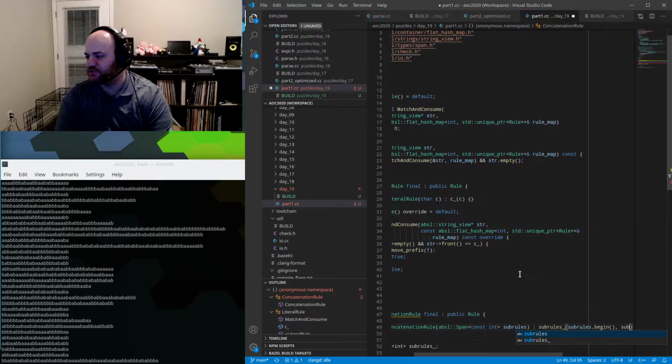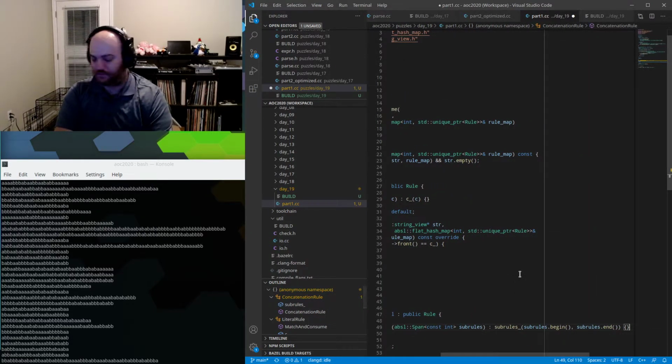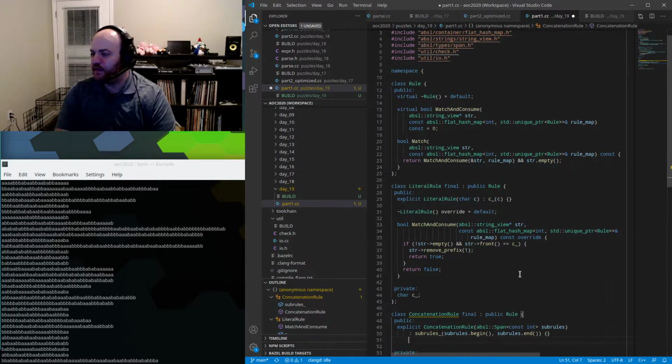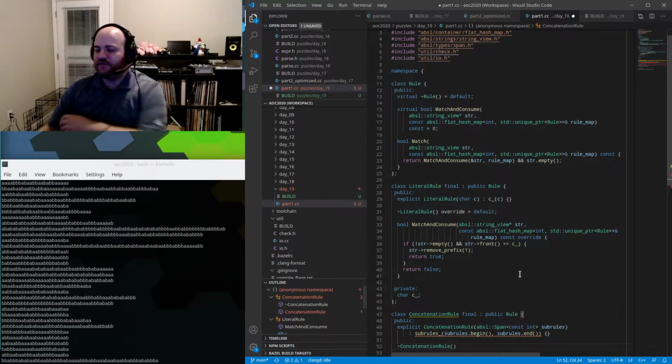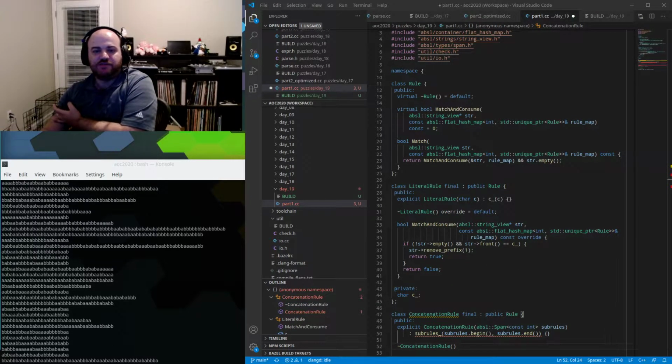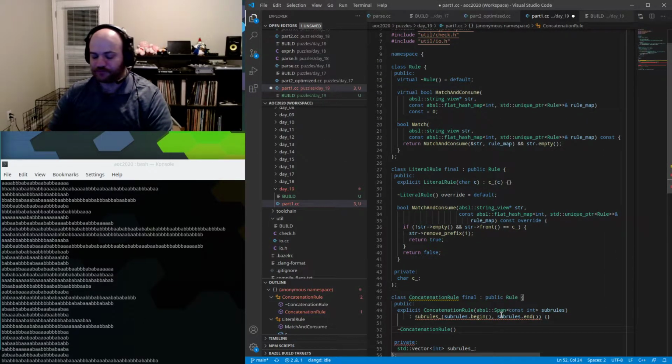Just copy those into that vector. Make sure to override that virtual destructor again. Just for those who aren't especially familiar with C++, the reason why we need to override these virtual destructors is that